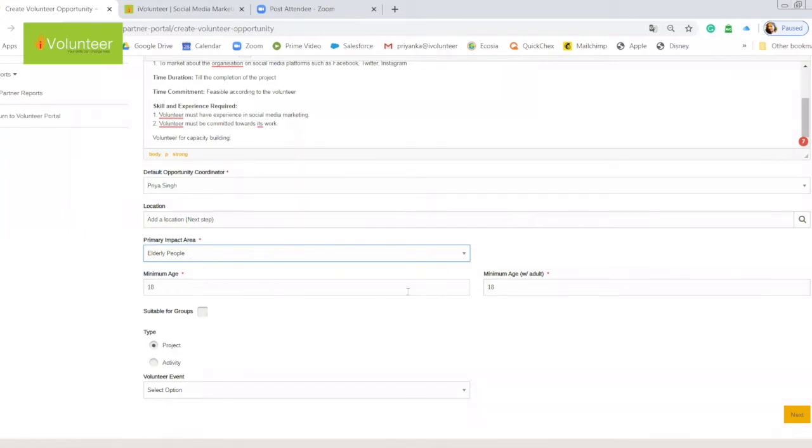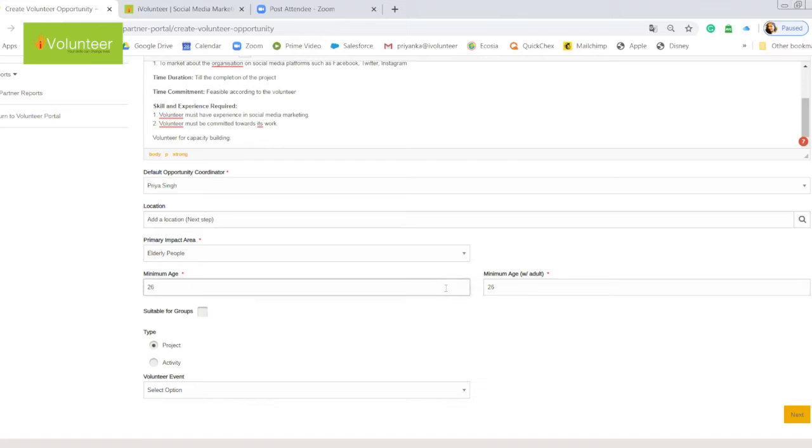There's a minimum age, and then there is a minimum age with adult. So if it was an opportunity like creating a website page, this is something for which I want someone with a little bit of experience. So maybe at least a 26-year-old who would have a couple of years of experience as well. And when it comes to minimum age with adult, again the same thing, 26. That is my view; I'm not sure that I would want a volunteer who is less than 26 and might not have that much experience.